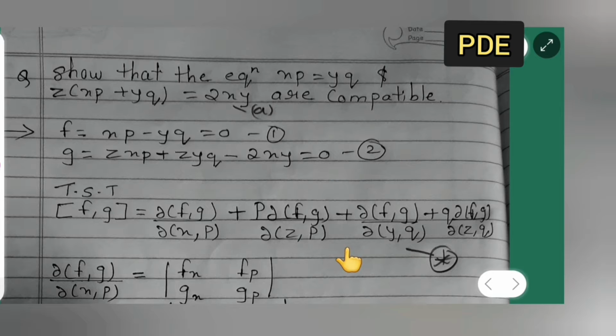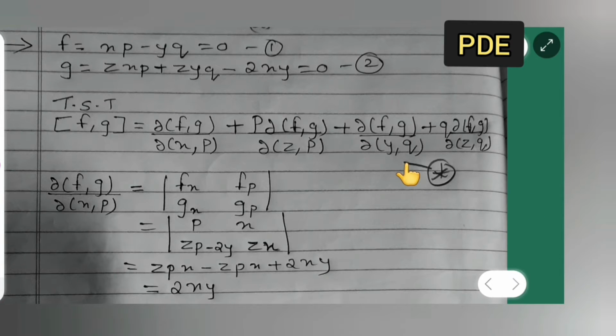So let us do this. I have missed one part, so put here is equal to 0. So let me start solving this. Just put here is equal to 0. I have missed this step, so put is equal to 0 over here. So this is the rule where you all should get [f, g] = 0. Then now take this one first.